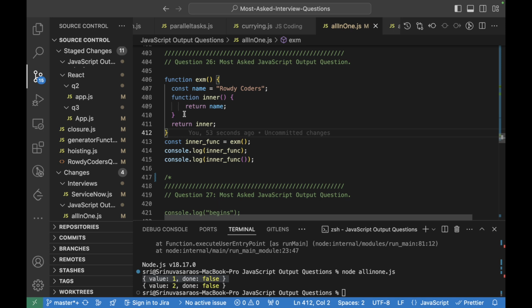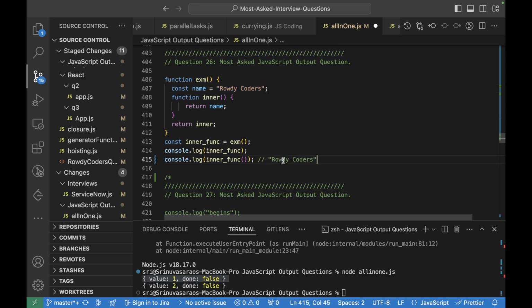So here what happens is, when we assign this to inner function, this particular return will be assigned to this inner function, and when we call this inner function, this particular function will be called, wherein this inner function tries to return the name here. Name is not there within this particular function, but it will look in the higher scope. Here in the higher scope the name is available, so the name would be consoled over here. So this is called the closures concept.